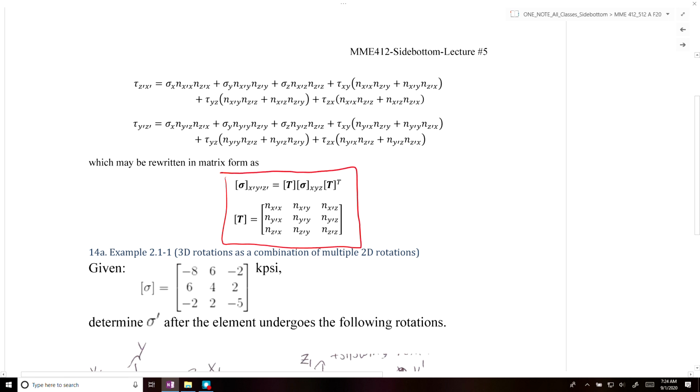Right. And using this matrix form, we can calculate all the stresses using one set of calculations. But you can use the algebraic system as well. That's totally fine. But the transformation matrix equation, I think, is a little bit more straightforward and concise. So